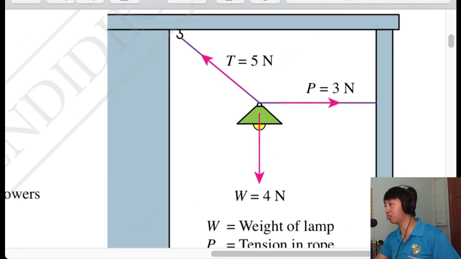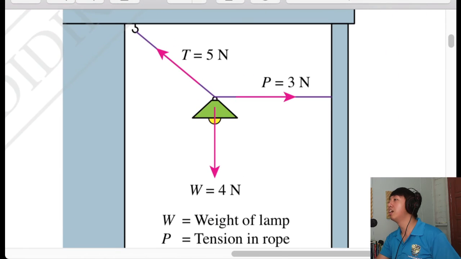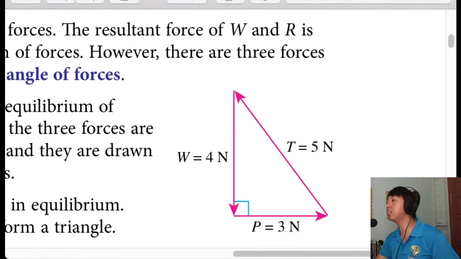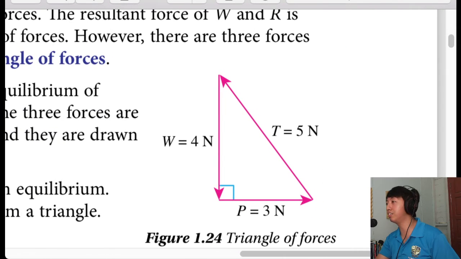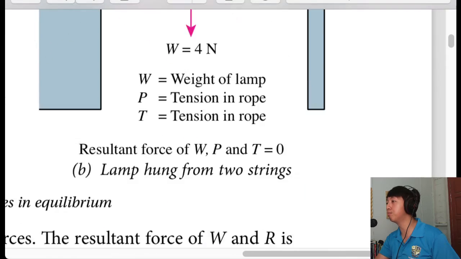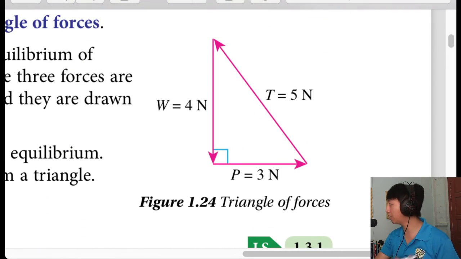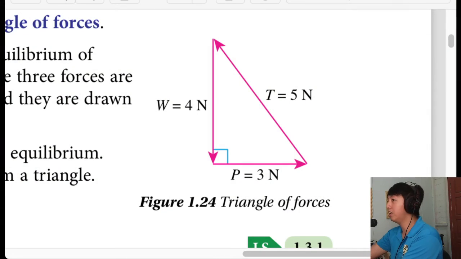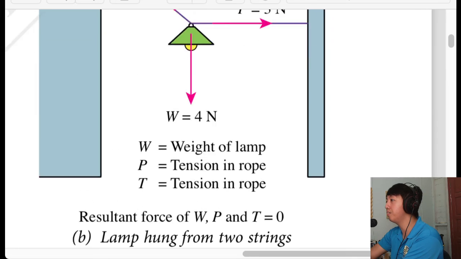If you have three forces like this, then what you have to do is draw it into a triangle like this. And this triangle actually shows that it is still in equilibrium. How does it show? Once again, I'll repeat this very quickly, and for everyone else, okay, let me draw it. So if we take this original diagram up here,